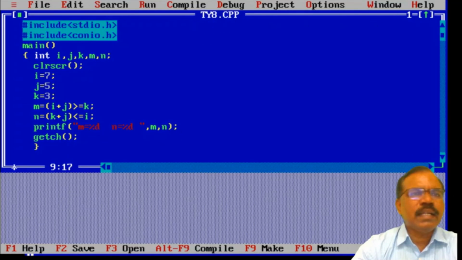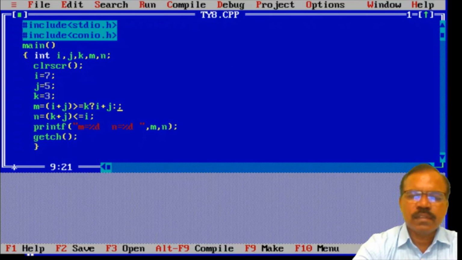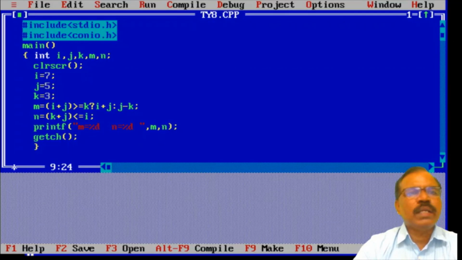Now I will convert this program using the conditional operator. Now here I will take i plus j greater than or equal to k. This is the condition. Then I will use here a question mark. Then I will write some expression here, i plus j, colon, j minus k. So I have two expressions, i plus j and j minus k.